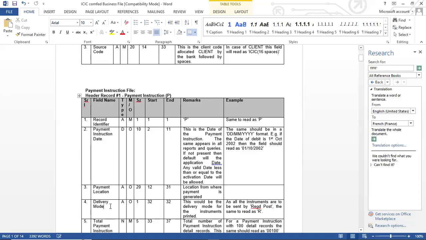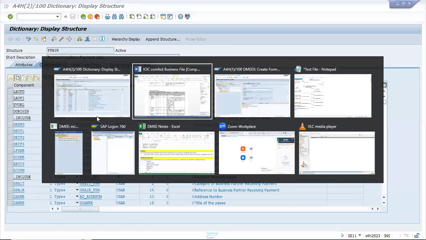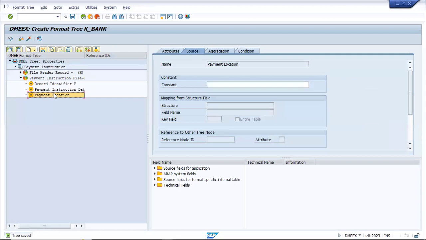Now delivery mode. What is the delivery mode? Delivery mode indicates that you are generating with the help of registered post, or fast speed post, or any other activity. All the instruments are to be sent with registered post and the same should be read as R. So we need to read the file, and based on the file we need to configure the system. Okay, next, create